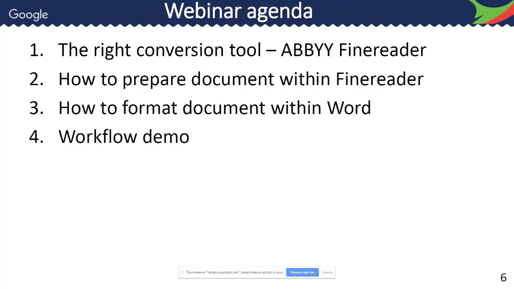After that, we will talk about common problems that you will encounter inside Microsoft Word and then inside your CAT tool, and how to avoid them. I will then give you a small demonstration of the entire workflow using excerpts from two documents that have medium to high complexity. And finally, I will answer your questions.